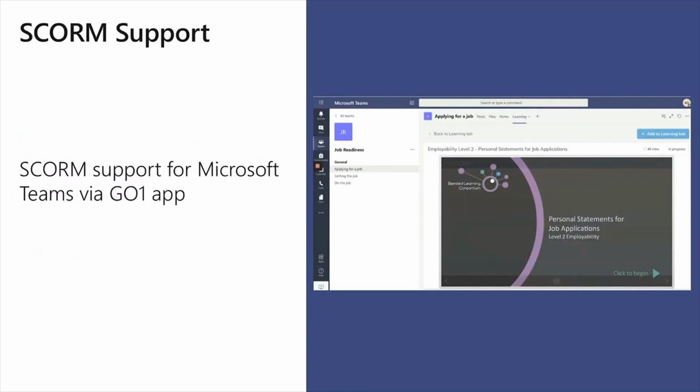There's also support for SCORM, and Juliano during the keynote already highlighted what we're doing with SCORM, but I want to go a little more in detail because we got a few questions in the Q&A about what SCORM actually is. SCORM is an industry standard that allows you to bring specific content from other learning management systems into Teams. For example, an organization that has a large catalog of SCORM packages is the Blended Learning Consortium.